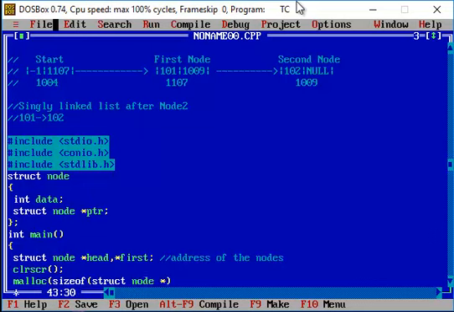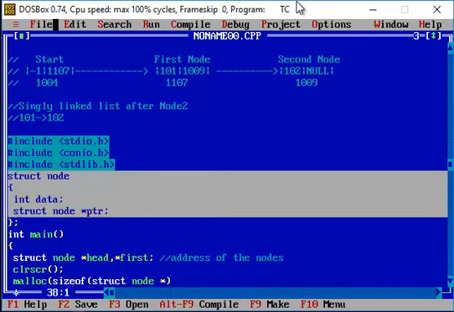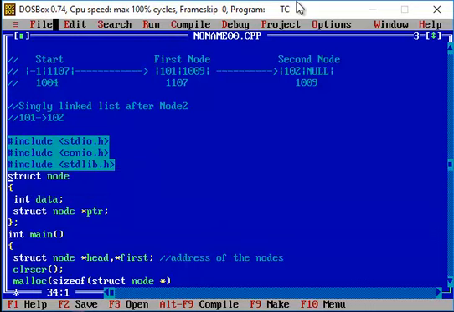Structure node will be placed in a particular memory location. Basically your declaration will not create any memory space, but once a variable is declared for a structure, only then will the memory space be allocated. Here we are trying to retrieve the size of the structure, that is node, and once the size has been retrieved, that much memory space will be allocated, and the malloc function will return the address of the first byte of your memory allocation. Basically it will return a void pointer.